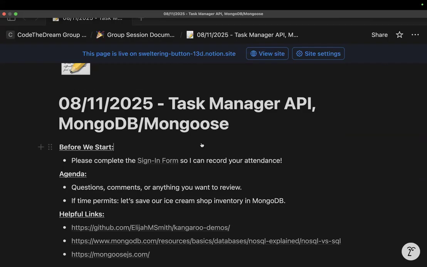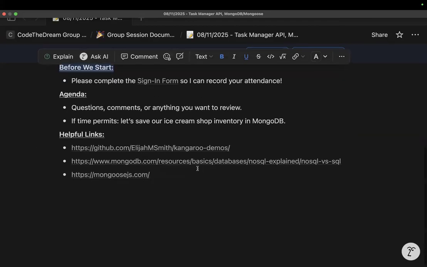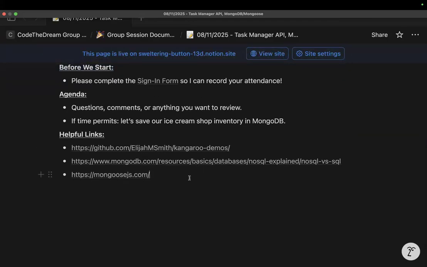All right. Well, hearing nothing right now, I think what we'll do today is take our ice cream shop demo and, instead of persisting our ice cream in memory, which we said last time resets every time you restart the server since it's just recreating a bunch of variables in memory,